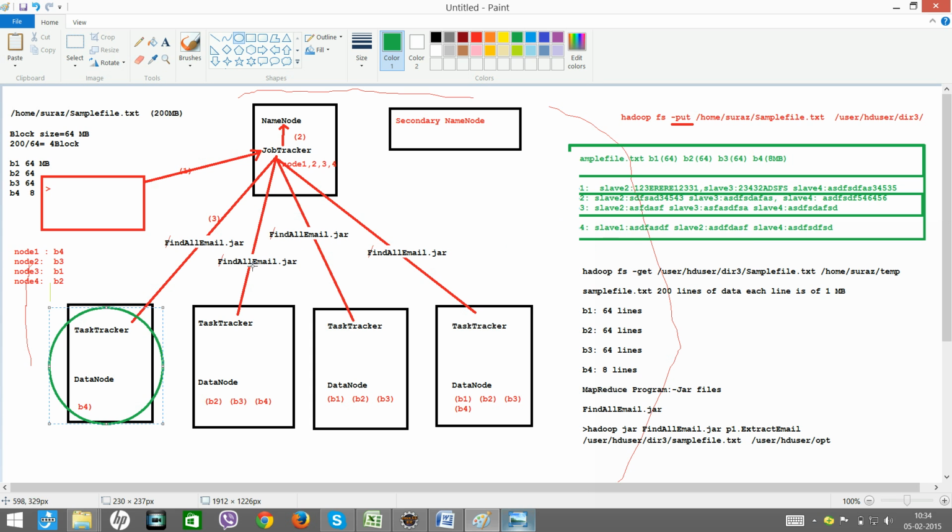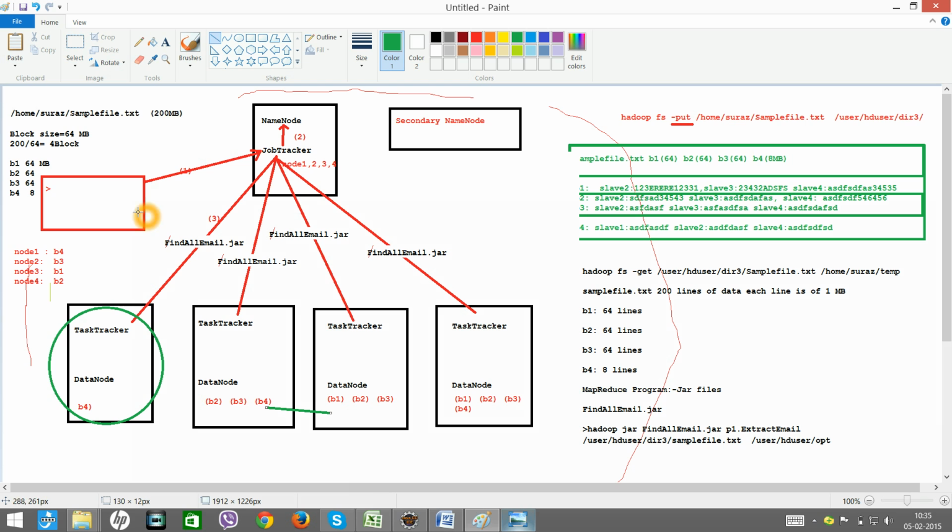We have stored the B4 block, right? Now that node is dead, so what will happen? It will check where in the other nodes we have B4. We have it here and here. Now how many copies? Only 2 copies, but the replication factor is 3. So automatically the name node will instruct one of these data nodes to give a copy to another node also. In that process, this B4 block will be copied to this node also, so that at least the minimum replication will be maintained.